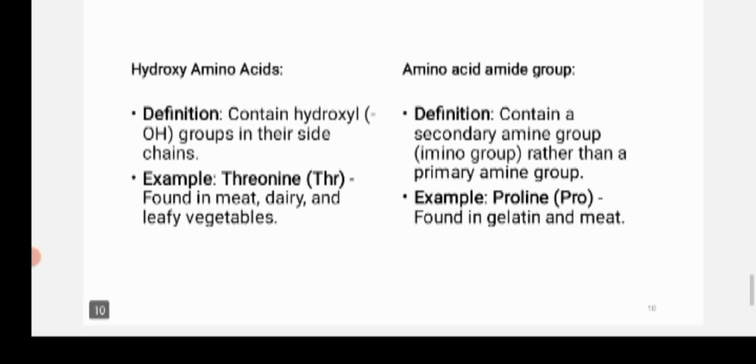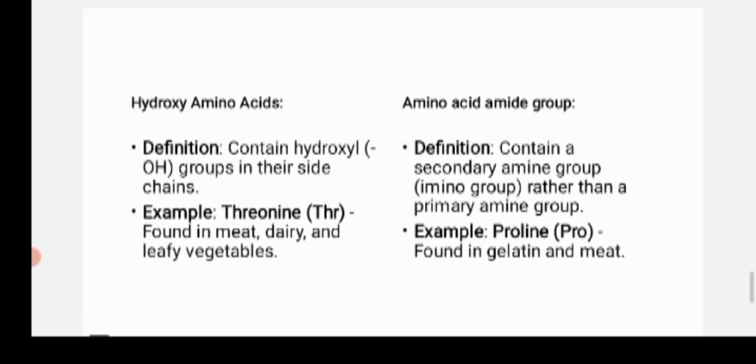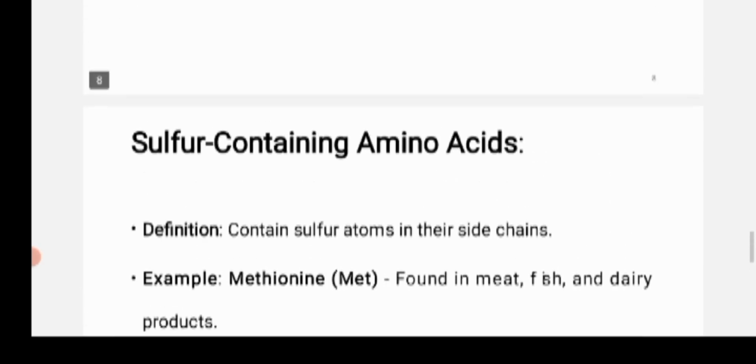Yes, hydroxyl amino acid. What is the amino acid amide group? The amino acid amide group contains a secondary amine group, an imino group, rather than a primary amine group. So the side chain contains the secondary amine group, like an imino group, rather than a primary amine group. The best example is proline. It is found in gelatin as well as meat. I hope everyone is clear about the classification of amino acids based upon the